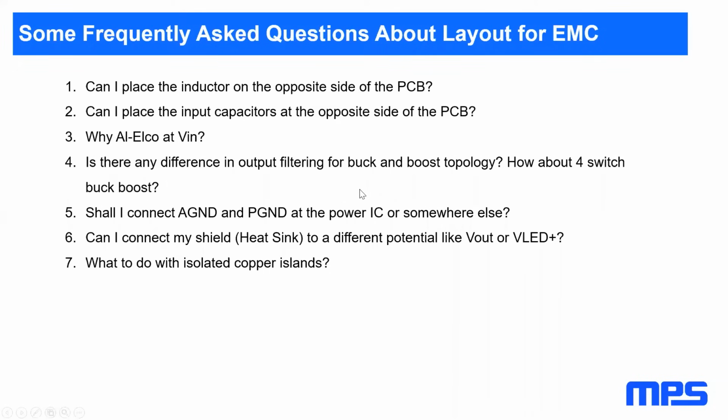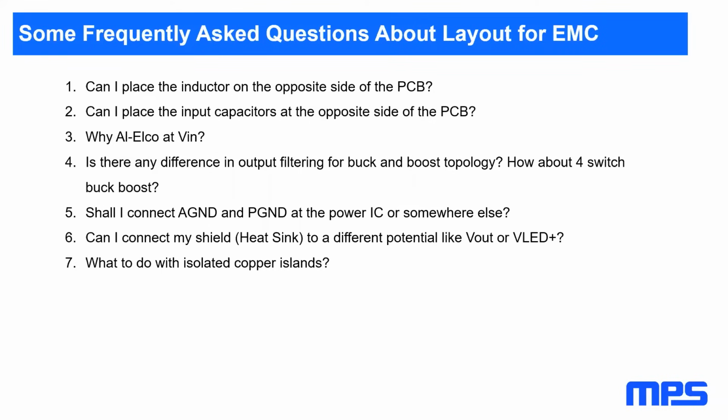Is there any difference in output filtering for buck and boost topology? Of course, yes. The buck converter output is in principle pretty low noise. It has a continuous current from the inductor, which is further filtered by the output capacitor. The boost converter has a fully switched high di/dt output current. The boost converter is more or less a mirror image of the buck converter. So buck converter input is noisy, boost converter output is noisy. So here we have high di/dt. Whenever a cable is connected to the boost converter output, we need filtering. Otherwise, we end in an EMC disaster.